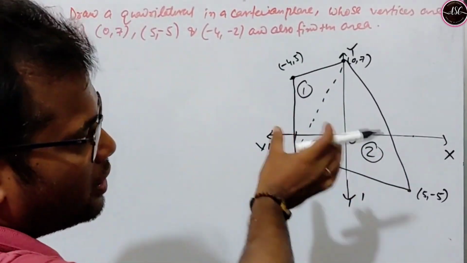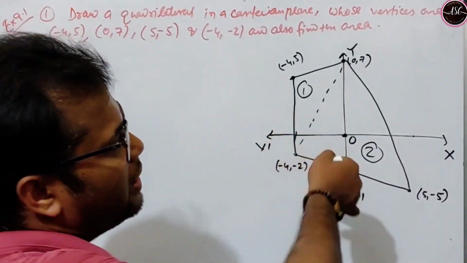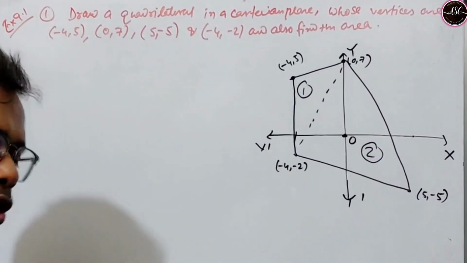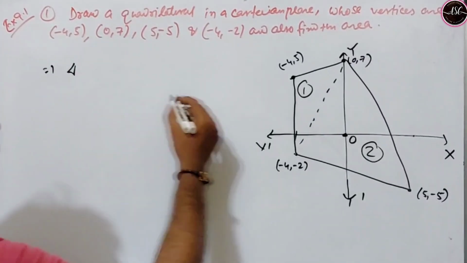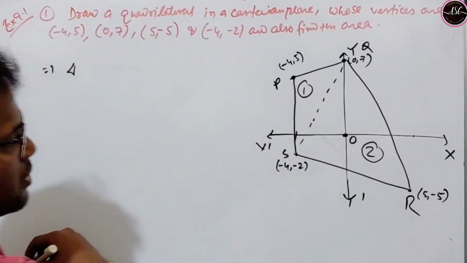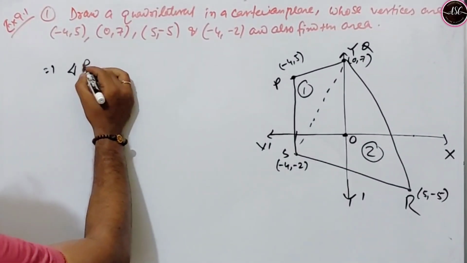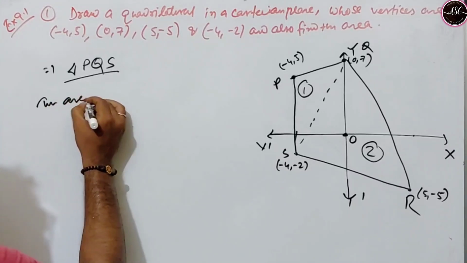If we sum the areas of these two triangles, then we will get the area of the quadrilateral. Just let this be P, this be Q, this be R, and this be S. So for the triangle PQS, the area will be